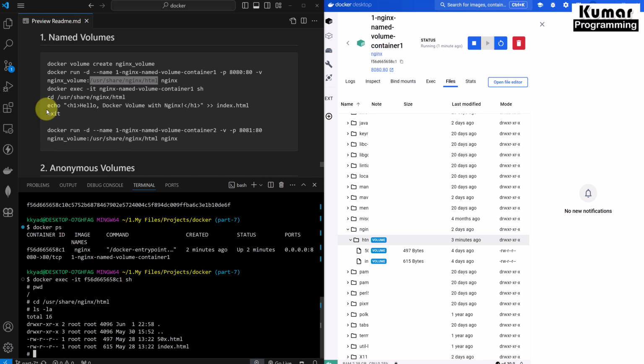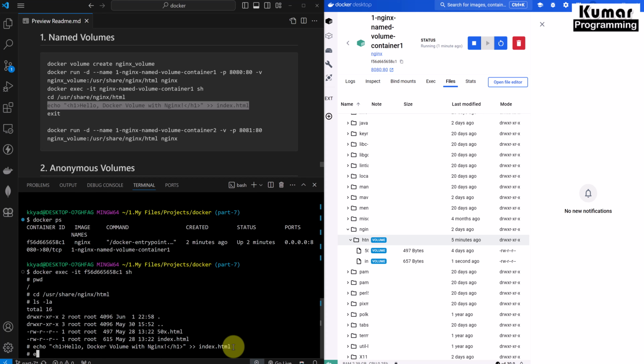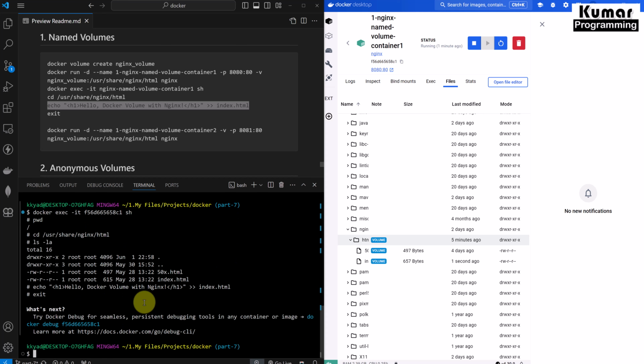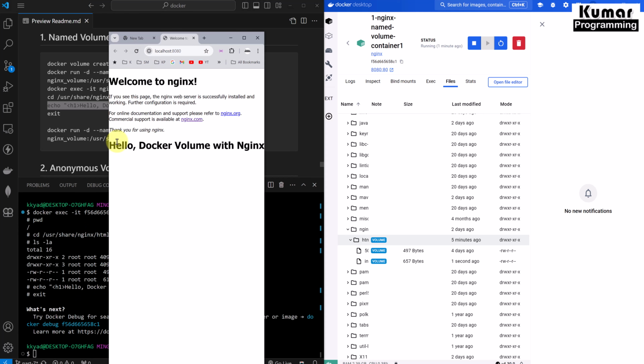In order to update that, we have the echo command. I'll use this echo command, and then whatever text you want to update, you can put it here. After that, you can give two angle brackets, right-sided, and then the file name. So this text is going to be appended inside this index.html. Now press enter, and we can exit from this container. So exit. Now we have exited. Now if you see this, our file is getting updated.